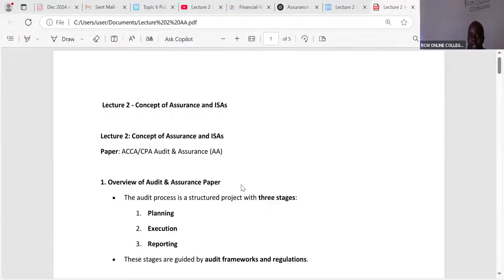Then we have another A: inquiries and third-party confirmations. So, for example, when you tell me that in the bank last year you had, say, 30 million Kenya shillings, during execution, I'm doing the audit now, I'll first of all get a written confirmation that you had 30 million Kenya shillings as your last year's end of year cash balance. No problem. Please give me this written letter, which I'll file as a working paper.